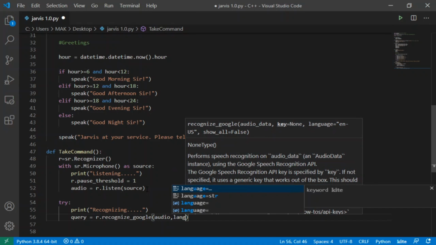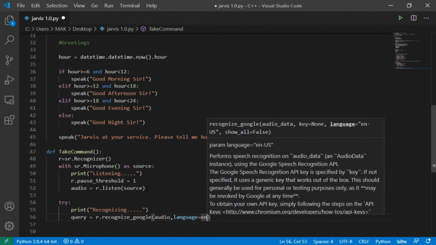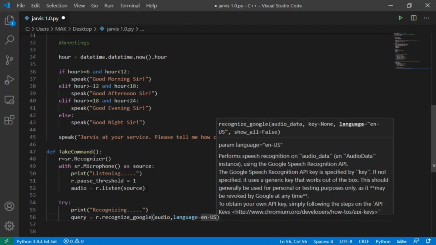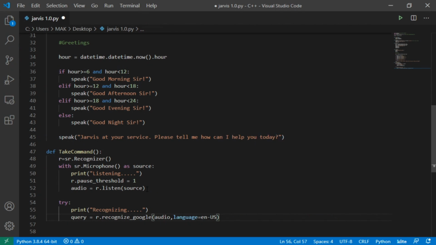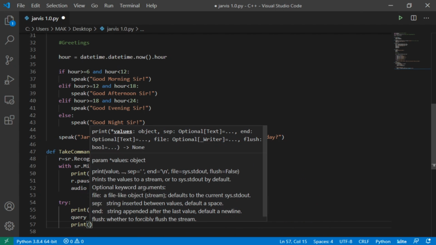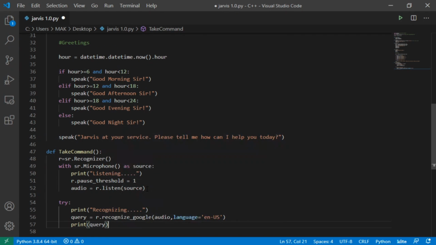So I will take query is equal to r.recognize_google and pass the variable audio as input and the language, whichever you prefer. I will be using English USA. So now print query. If the query is recognized, it will print query, and if it is not able to recognize,